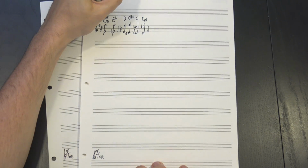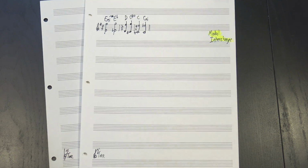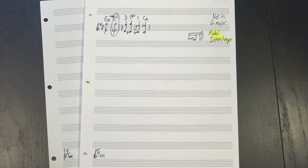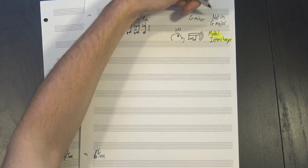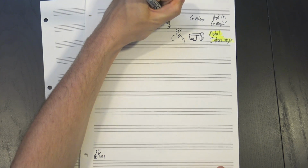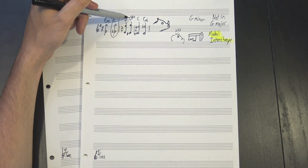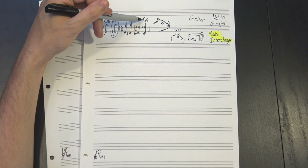where the E minor moves to E flat major in what's called modal interchange, where a chord is borrowed from a different scale. E flat major isn't in the key of G major, which we're actually in, but it is in G minor, so we can just steal it to give ourselves a slightly weird but still recognizable sound. Then it goes back down to D major, then C sharp diminished, then C major, then to C minor, another